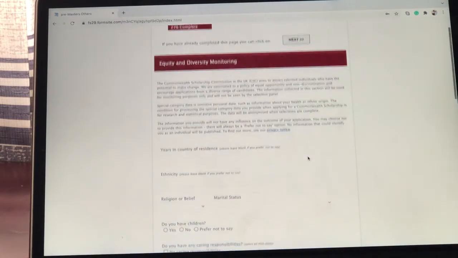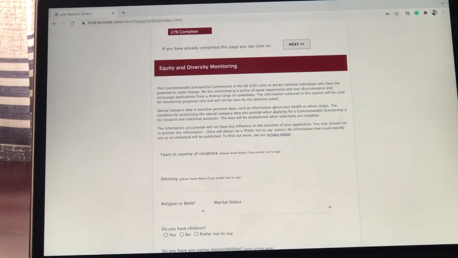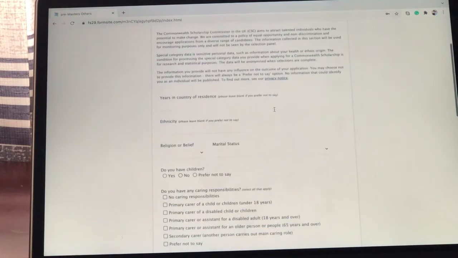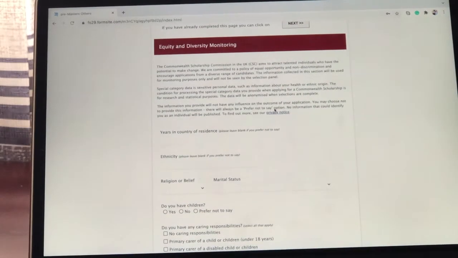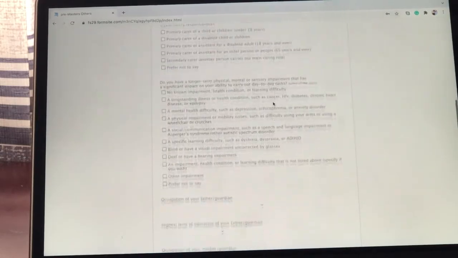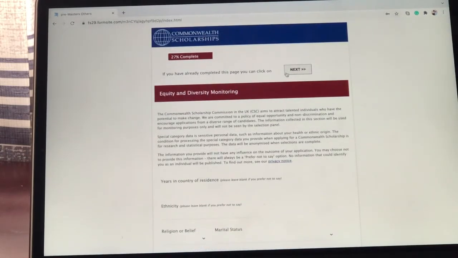Perfect. This is equity and diversity, and you have the right not to answer this, but if you are not in a rush, try to fill this form, because it's important for them to know what kind of students they have on the scholarship.